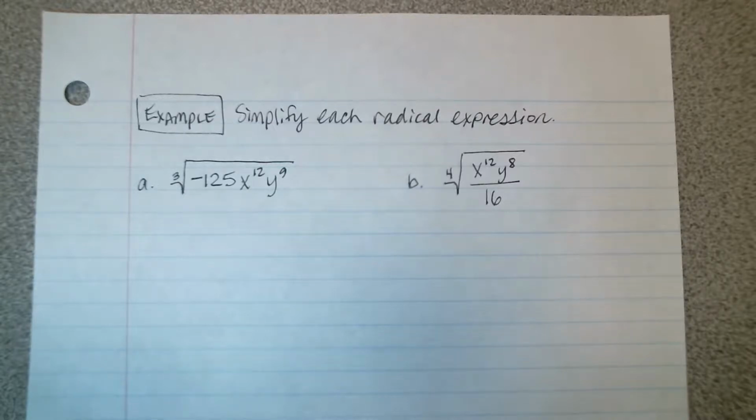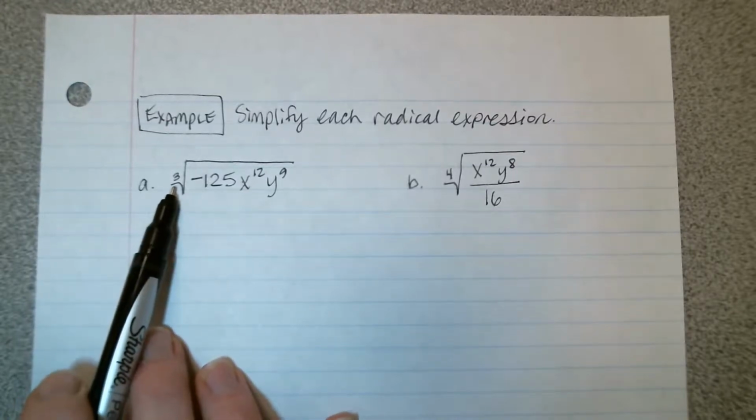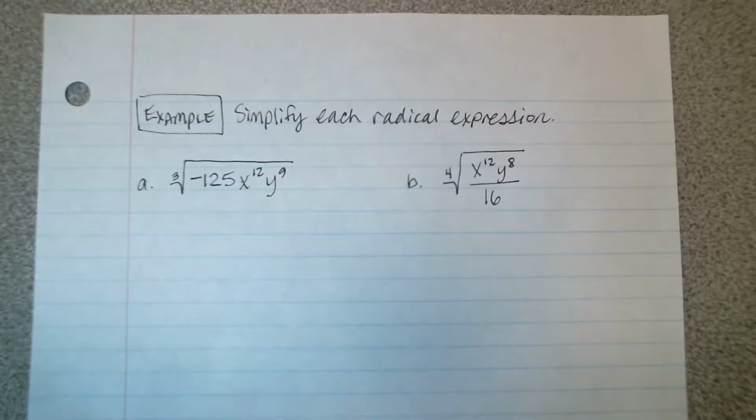In this example, I want to show you how to simplify radical expressions. So I have two examples here to share with you. In part A, we have a radical with index 3, and in part B, we have a radical with index 4. So in part A, since we have an index of 3,